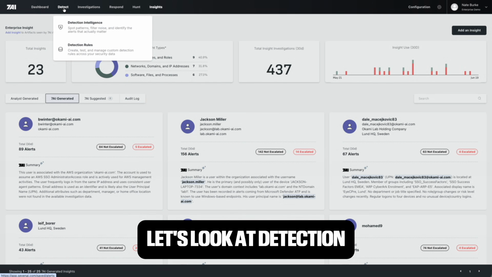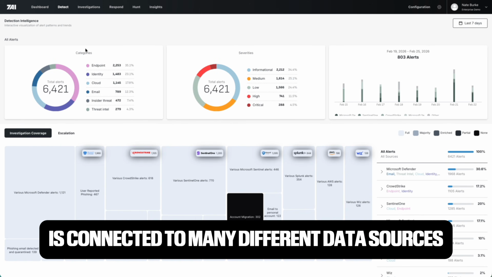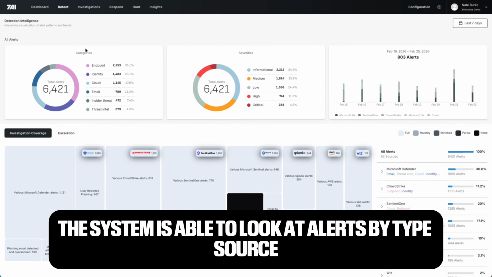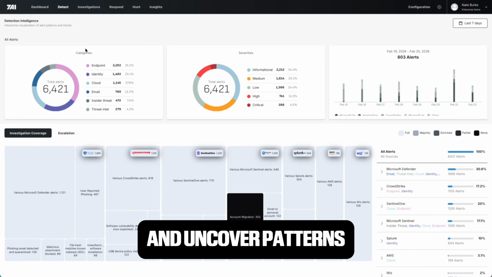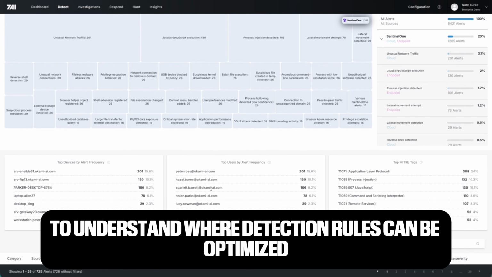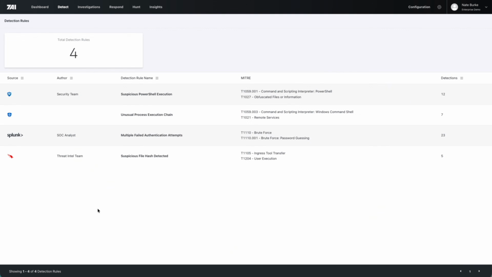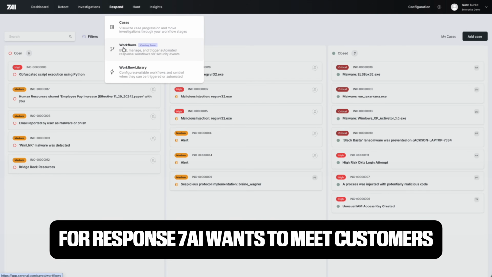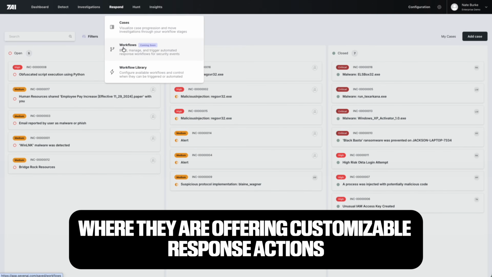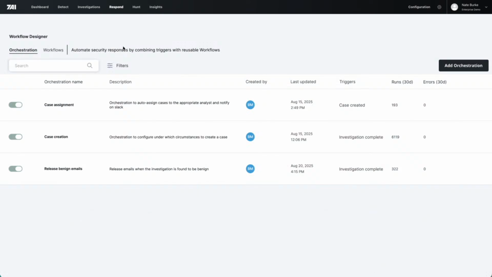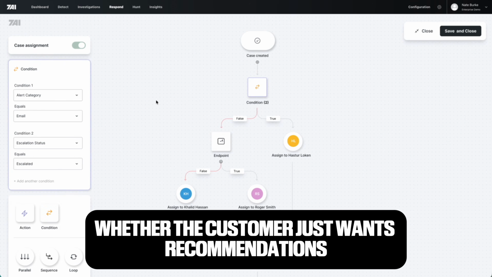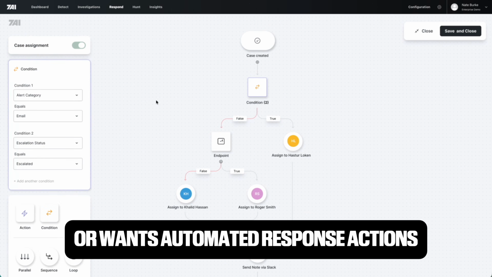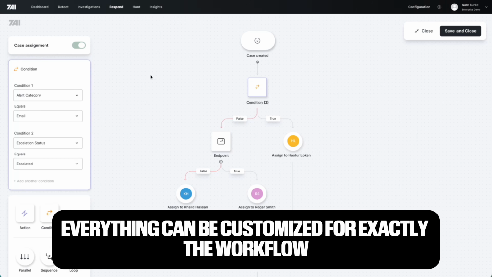Let's look at detection. Since 7AI is connected to many different data sources, the system is able to look at alerts by type, source, and uncover patterns to understand where detection rules can be optimized. For response, 7AI wants to meet customers where they are, offering customizable response actions. Whether the customer just wants recommendations or wants automated response actions, everything can be customized for exactly the workflow the